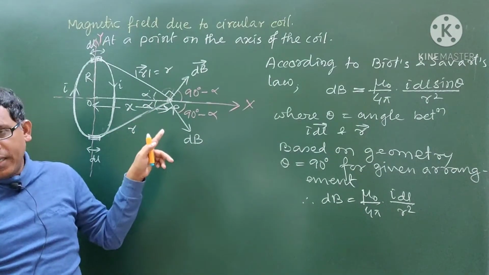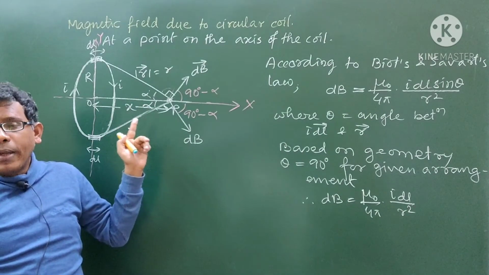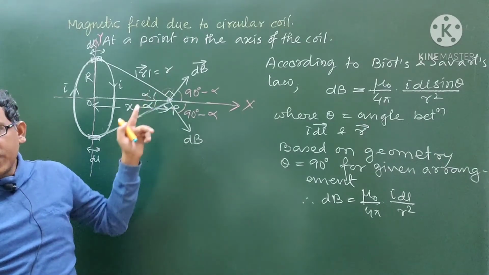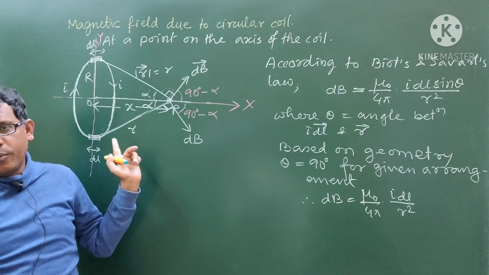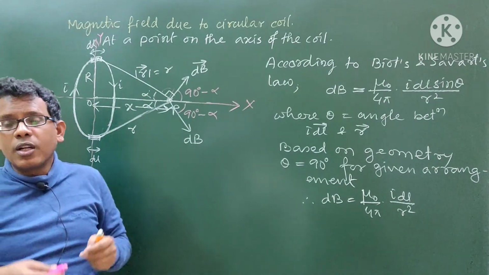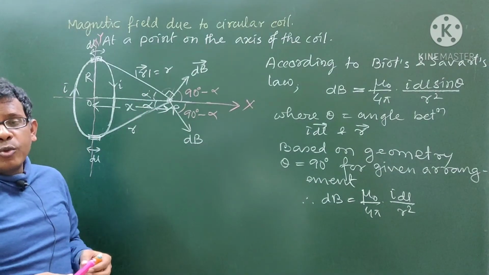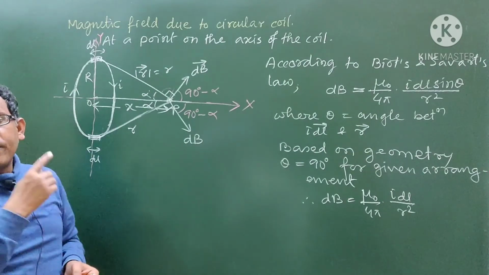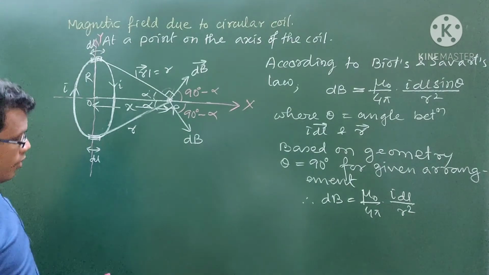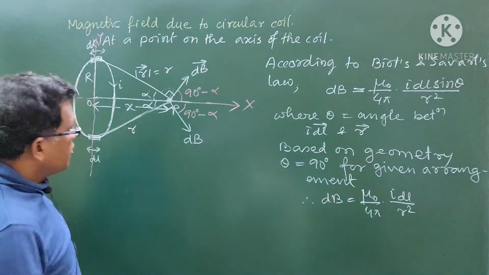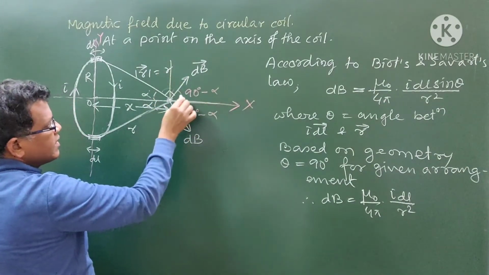If I can come to know the resultant of these 2 dB appearing on one plane, then a similar argument for each pair of diametrically opposite current elements lets us reach a conclusion about the net magnetic field due to all current elements on this circular wire. Could you follow me? Now if I resolve these two dB based on angle, this is 90 minus alpha,